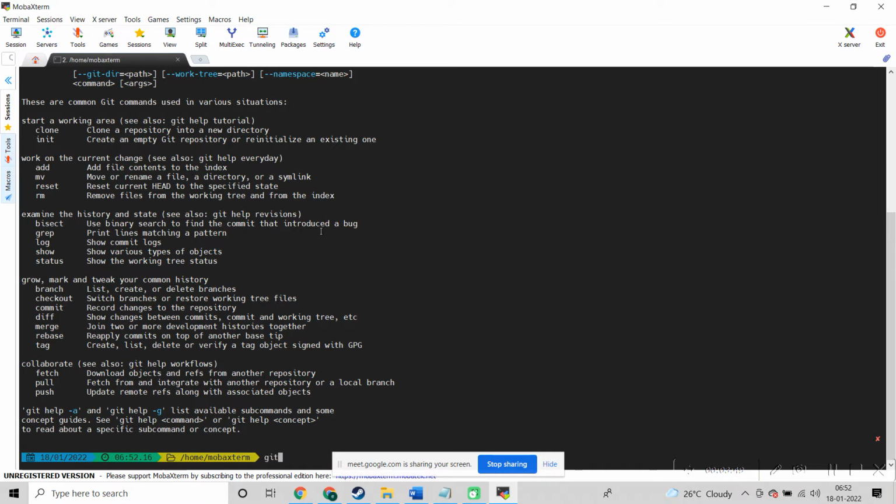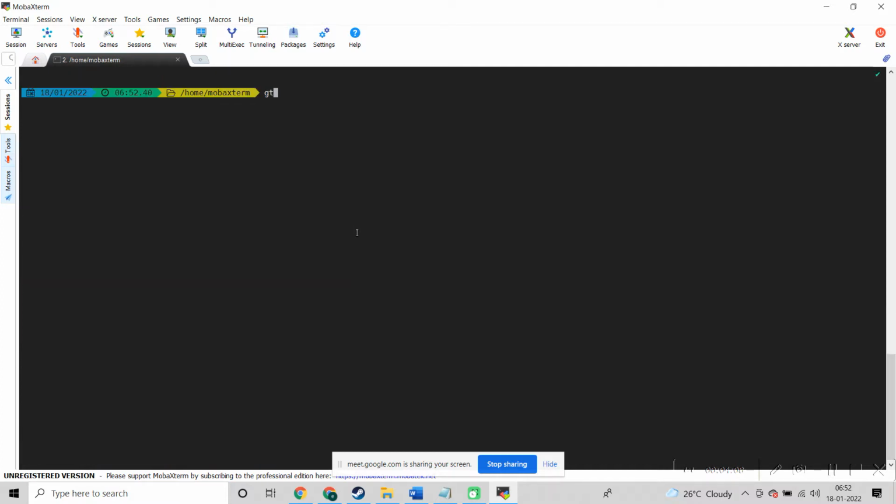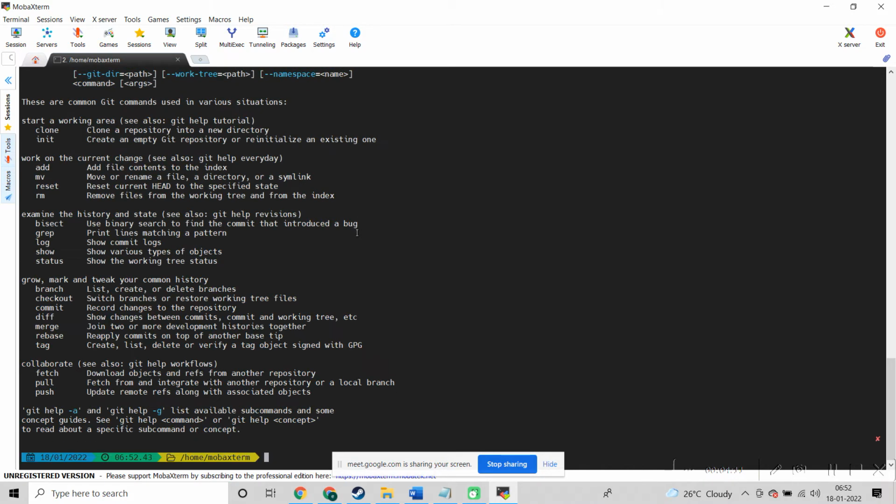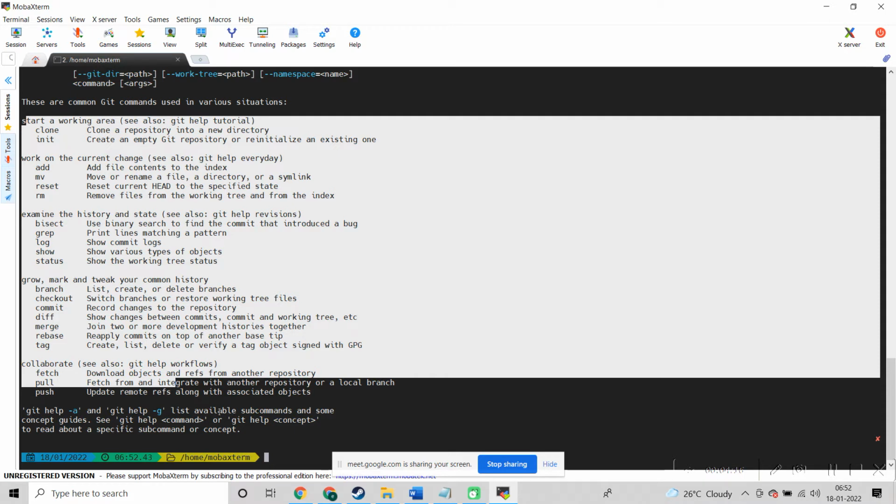If you write git, it should show some options like branch, checkout, commit, diff and all. So if you are able to see these options, then there is no need to install git.